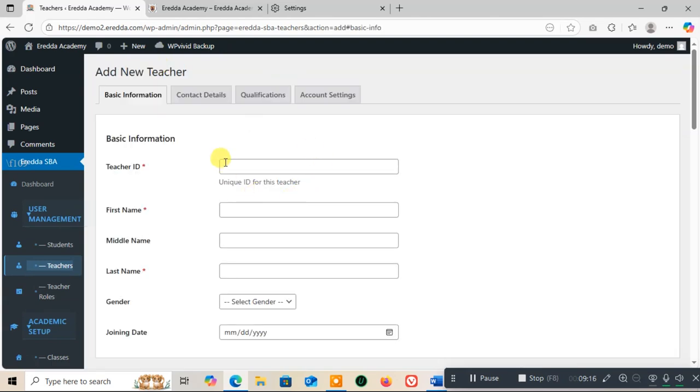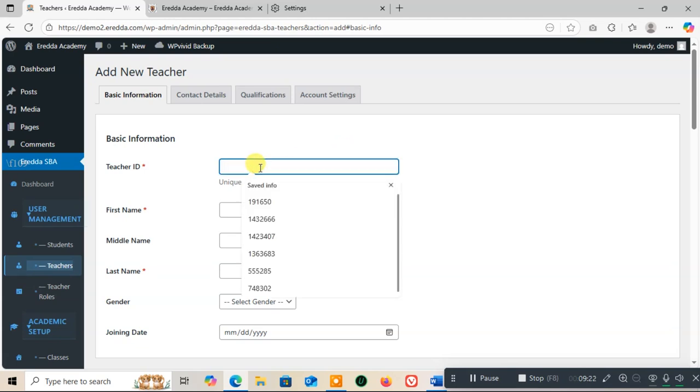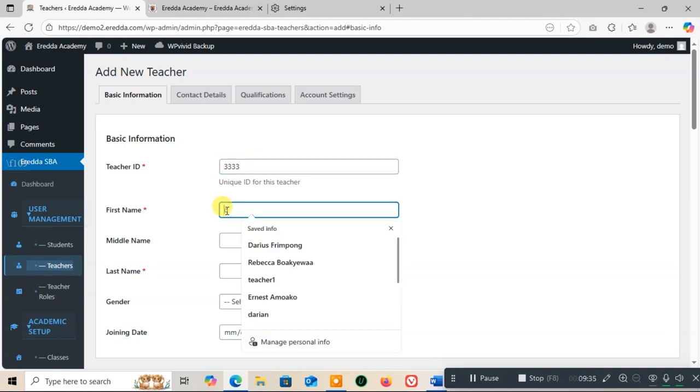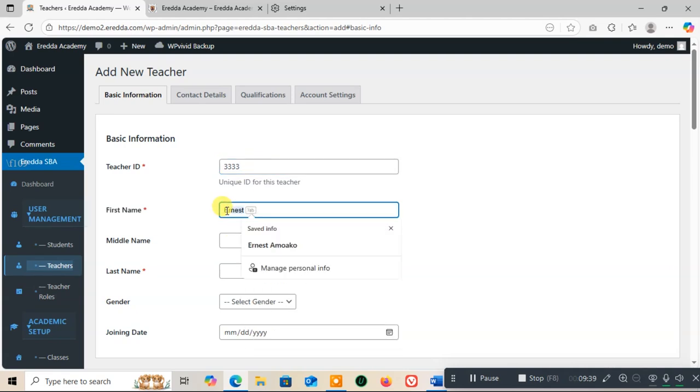It's very simple here. You have to enter the teacher ID. This is a demo website, so I just want to enter any number. Guys, this is not my real ID. This is not the correct one, it's just a random digit. So I want to just enter 33333. And the name, I want to enter my first name here,